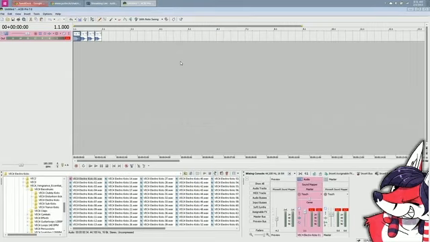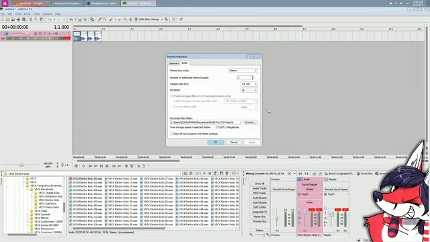Check if it's doing any resampling. Make sure under your project properties, under audio, you can set your sample rate. If you're working with 48 kilohertz samples, you should probably set it to 48 kilohertz, and vice versa, just to make sure Acid's not doing any resampling in the process, because that could knock things around a little bit. But I can't imagine it actually making a huge difference, because I use all sorts of 48 kilohertz, 24-bit samples, and it never makes a difference with me.